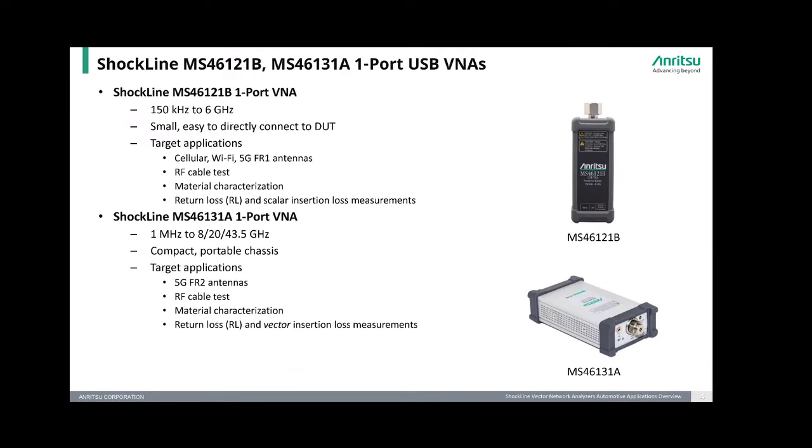Here are the one-port ShockLine VNA models. The MS46121B is a 6 GHz one-port VNA that is well suited for testing cellular, Wi-Fi, and 5G FR1 antennas in the car. These VNAs are small palm-sized units that are easy to connect directly to the DUT. They can also be used to check RF cable runs as well as measuring material characteristics like moisture in the